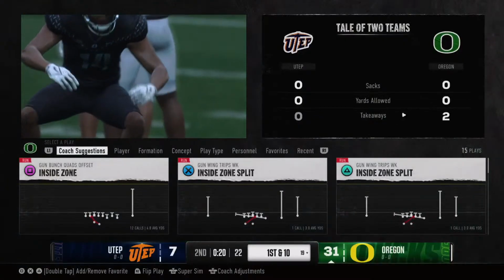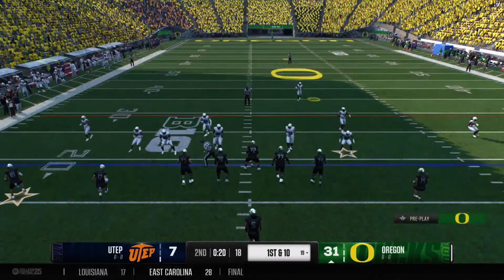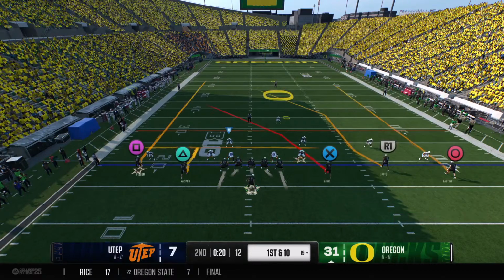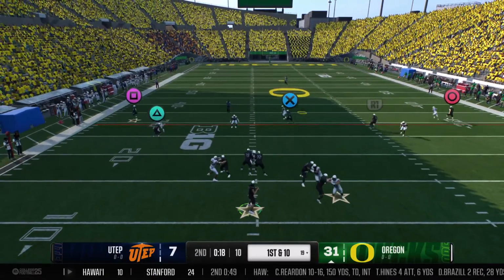Oregon's up at the 19. The Ducks ready to go back to work on offense. Now they're backed up here, Jesse. Wonder how aggressive they're willing to be. I think it's going to come down to how much confidence they have in this quarterback and his decision-making, because you cannot throw an interception at this part of...